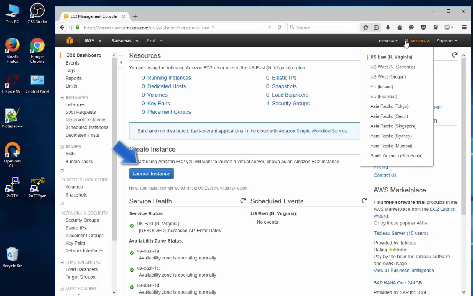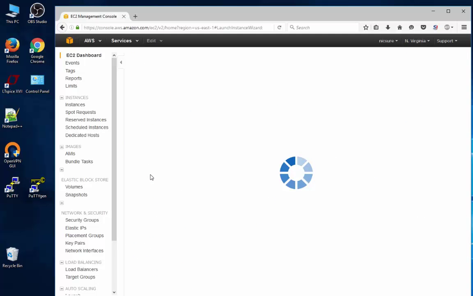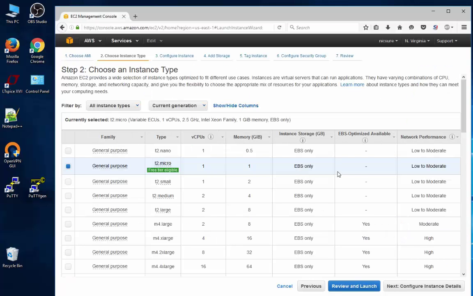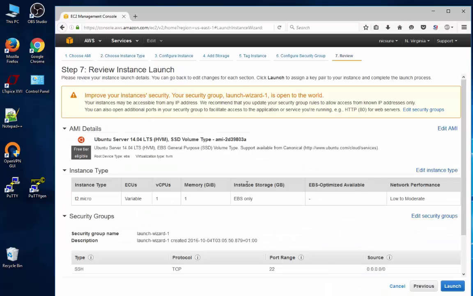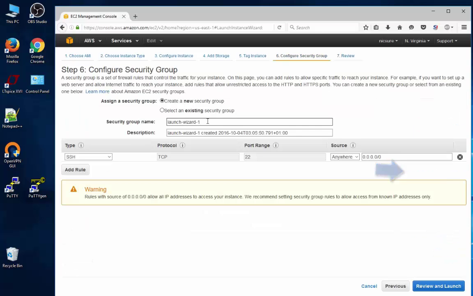So just launch instance, and I'm going for Ubuntu, so select Ubuntu in the free tier, which is here. Okay, review and launch, and it will give you the security group. Now you need to edit the security group to add a few things, so we'll click there,